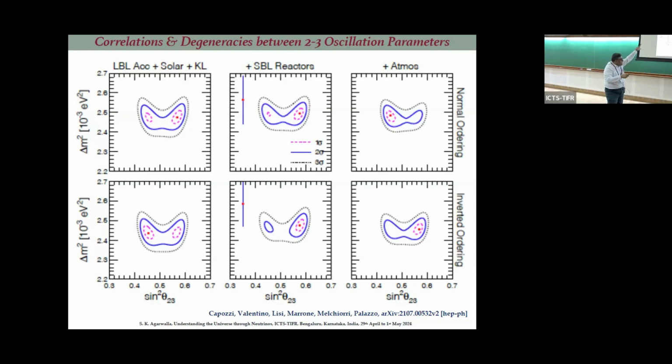Again, when you add Super-K data, your octant flips, right? Here the preferred octant was the higher octant, correct? Can you see the best fit, the dot? Where is the dot now? In the lower octant. So that is the ambiguity that Super-K data brings. We need more and more data because in nature there is only one preferred value, right? Our data is not strong enough to really measure it with higher confidence. That's why you are hopping here and there, and there is a tension between the data sets.